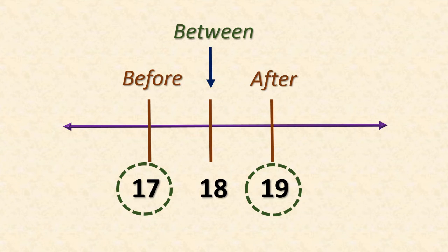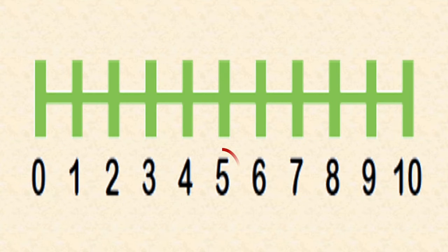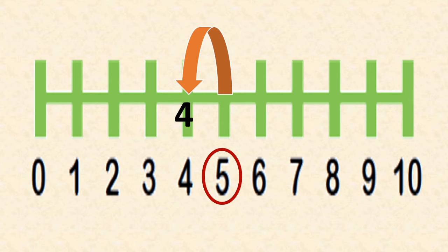Now here also you can see a number line. Come on dear children. Tell me the answers here. We will take number 5. Okay? Which is the before number and which is the after number. Yes. Here you can see number 4. Right? What is this? Before or after? Very nice. This is a before number. And here you can see 6. That is after number. Isn't it?